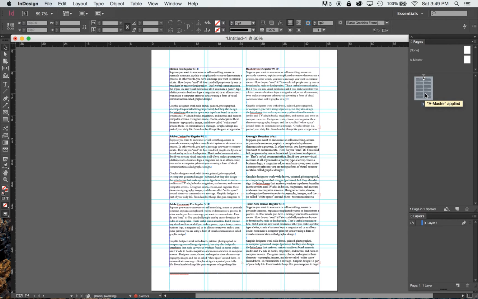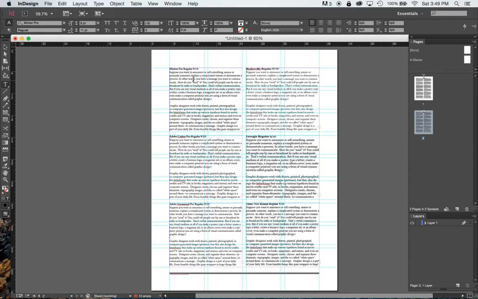You can go to your page 1, which you've already laid out, designed, and set to 6 different typefaces. Within your Pages palette, if you drag it down onto this page icon, it will make an exact copy of it as a new page. So now this is page 2, this is page 1. You don't see a difference because they're exactly the same. But you can go to your page 2, and now we can